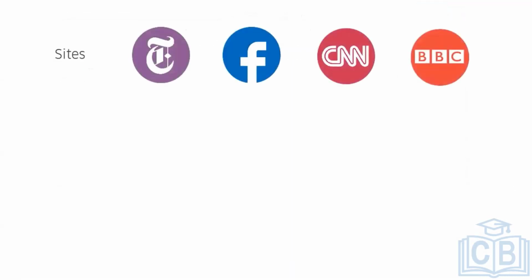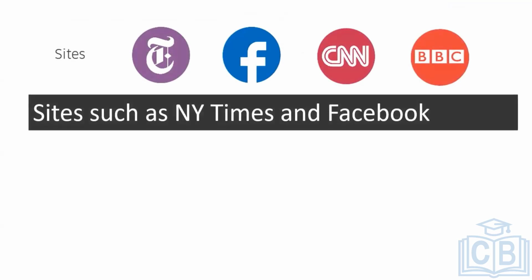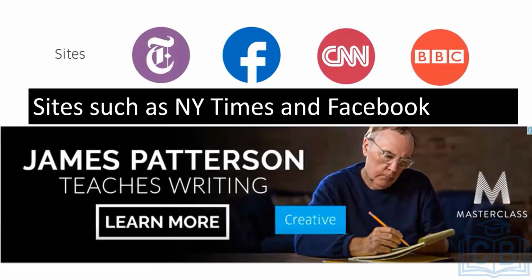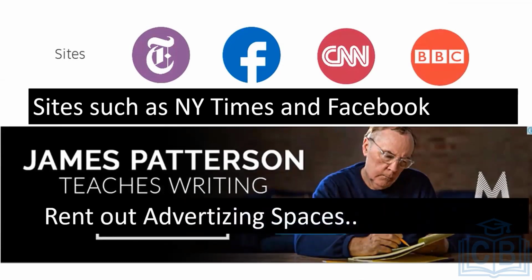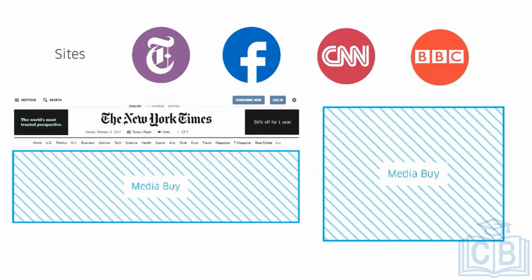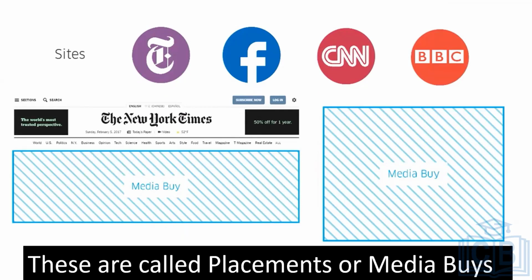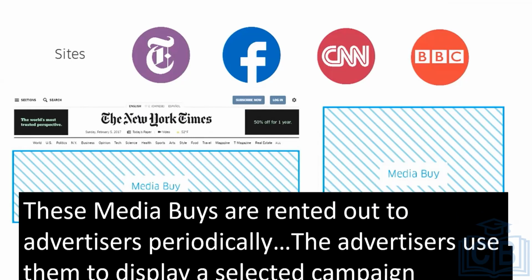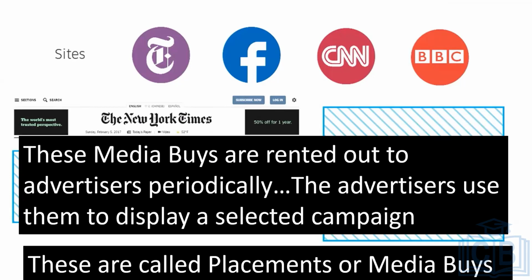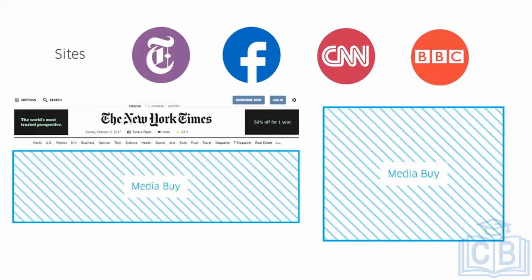So let's recap. We have sites like Times, Facebook, CNN, and BBC. We have the James Patterson masterclass campaign running. A publisher rents out advertising spaces, and those spaces are called media buys on the site. They're generally called placements, and in Datorama we will call the placements media buys. These media buys are rented out to advertisers periodically. Advertisers use them to display campaigns,